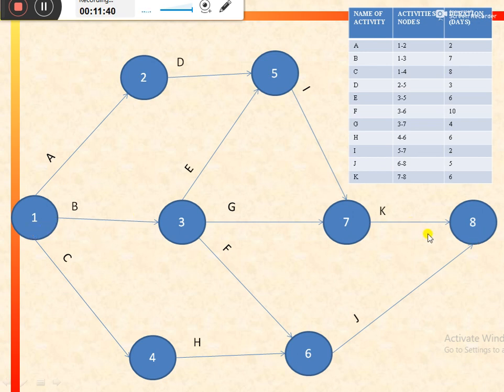So in this way, we have represented all the activities that need to be performed to complete a particular project. The activities are indicated by the arrows, and the names of activities are given on the respective arrows. And further, the nodes represent the starting and ending points of the different activities. Now we would move on to the second step, that is we need to calculate the earliest start, earliest finish, latest start and latest finish times of different activities.